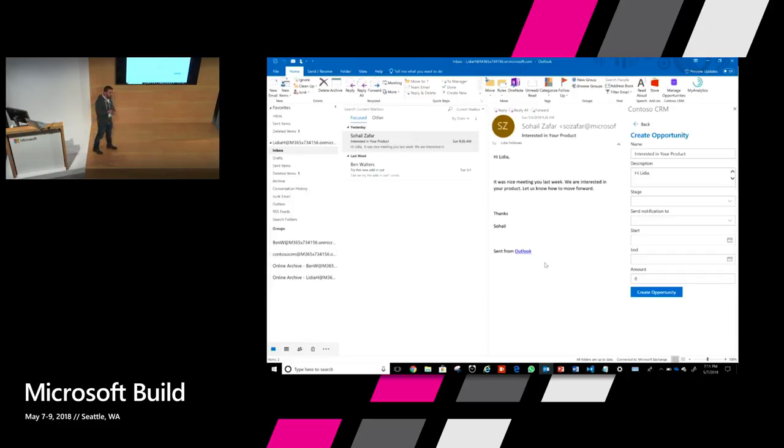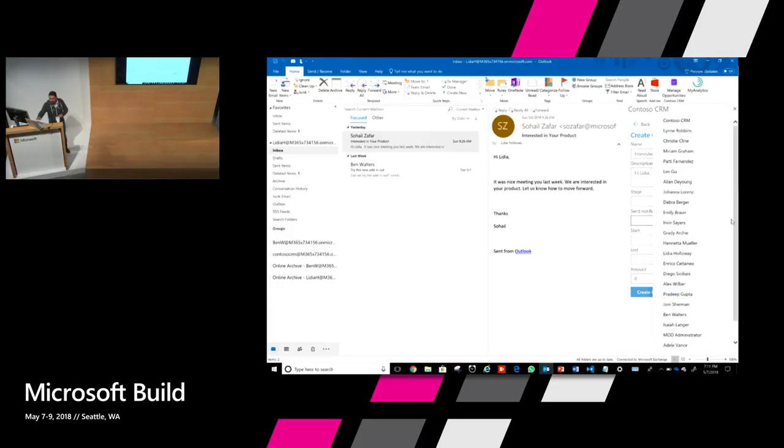Again, the magic is that the user is not required to log in again. This token allows the app to get the Graph access token, and then the add-in uses the Graph API to get a list of all users in this tenant. That's how the add-in populated this list.